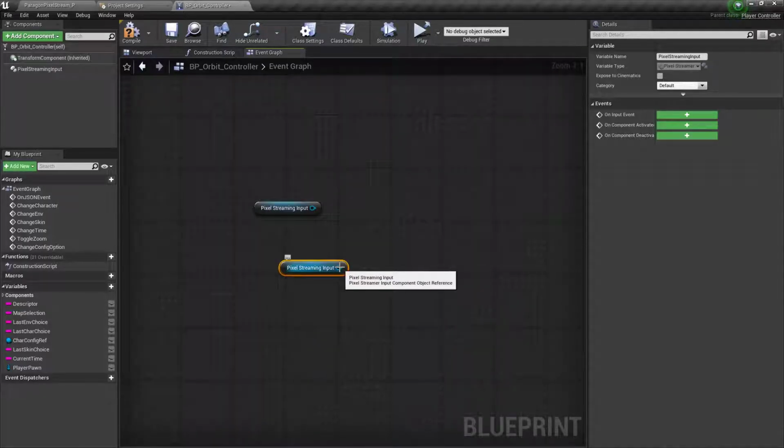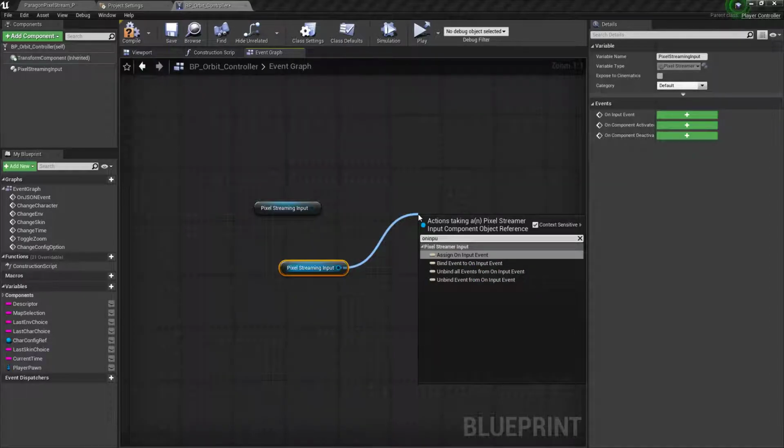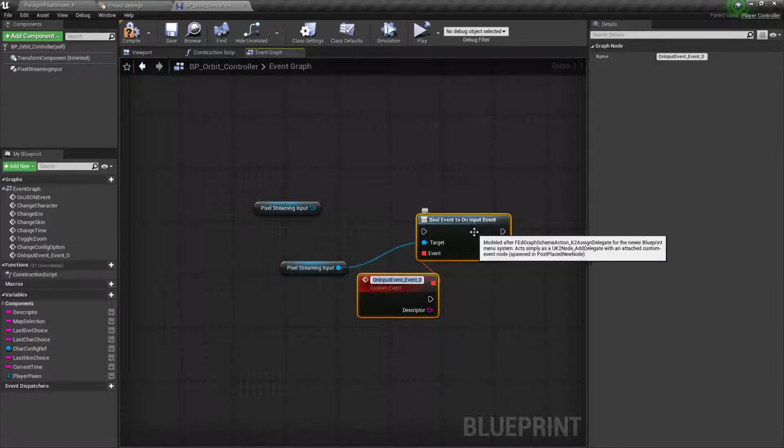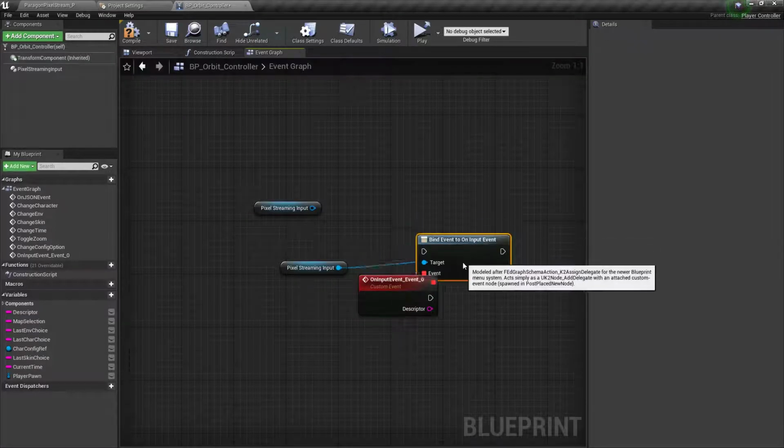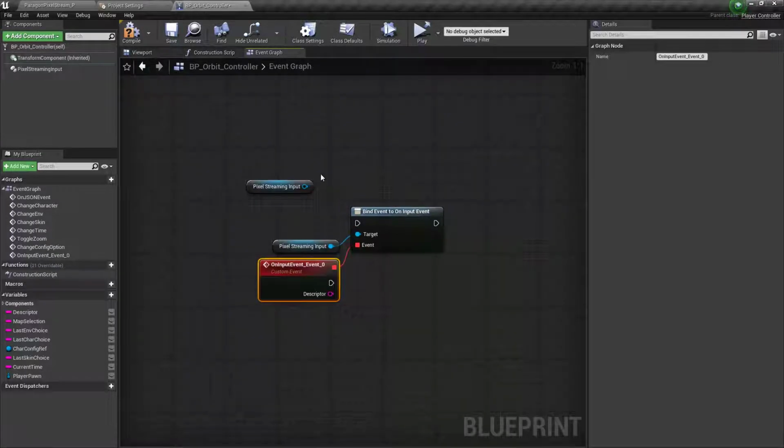Now from this, we want to bind the onInput event. So what we can do is just drag out of it, search for onInput, and you have the assign onInput event in the top. What you will notice is when you assign this custom event, it automatically creates a string value parameter that is called descriptor.